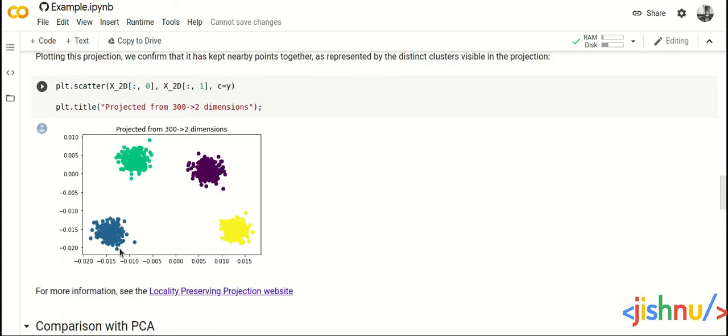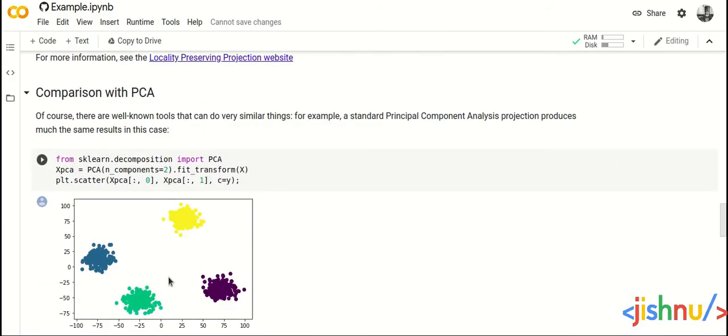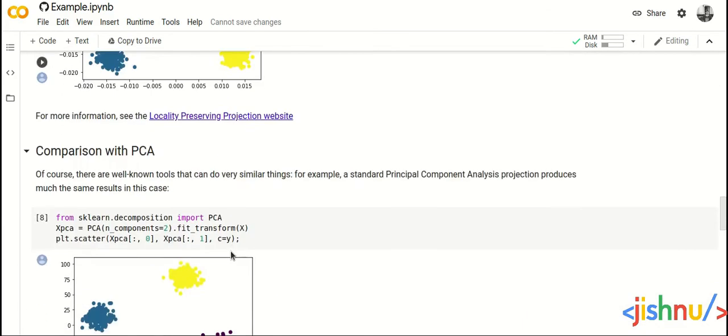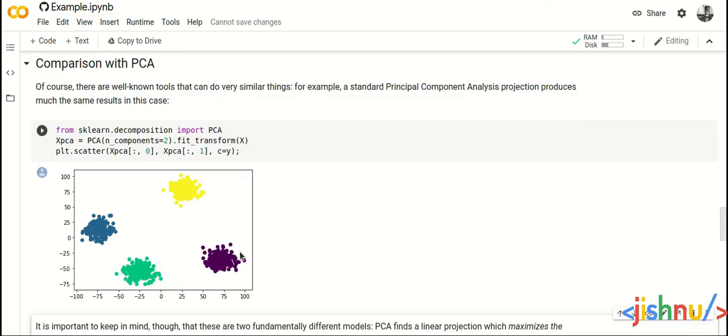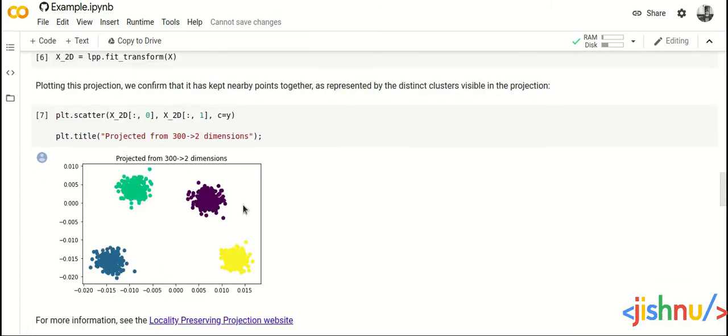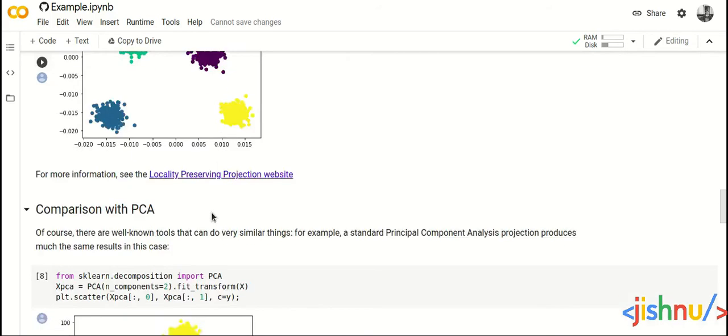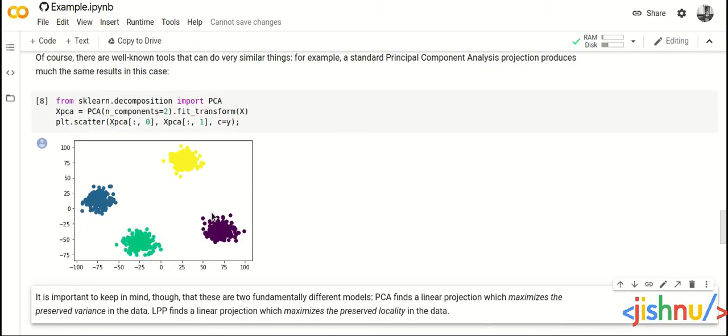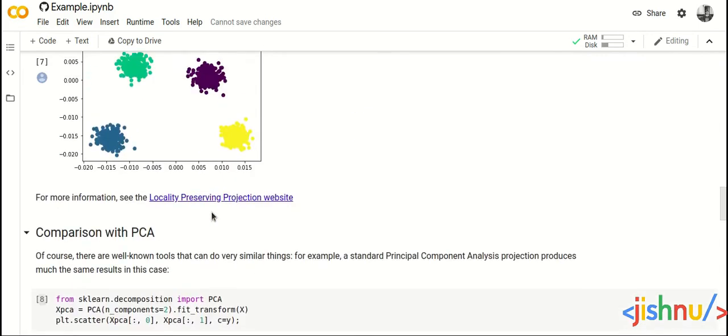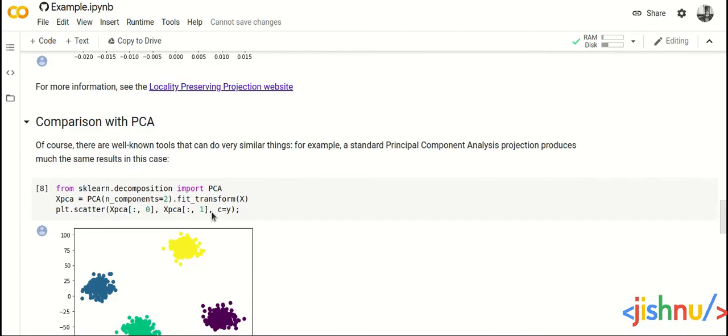Here it goes like blue, green, I think it's dark purple, and then yellow, and here the sequence is not the same. Since each of these methods works on different ideas, both the clusters are formed apart from each other. The sequence won't be the same. Also, the distance won't be the same.